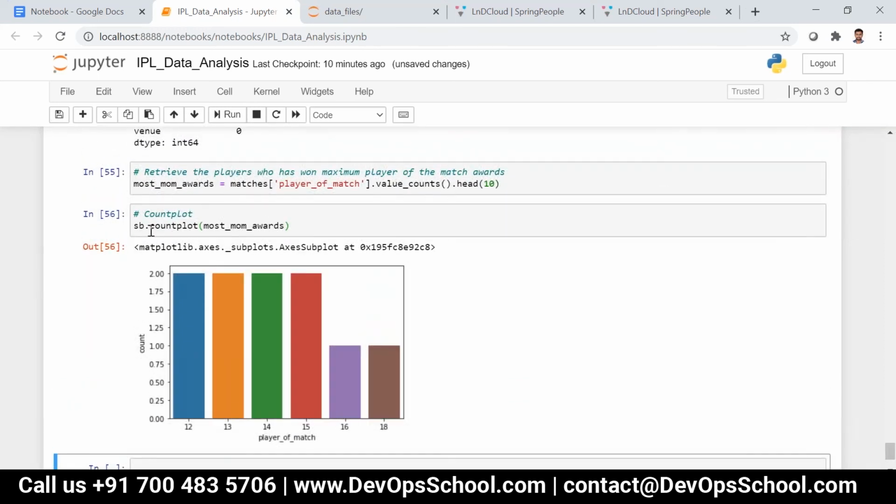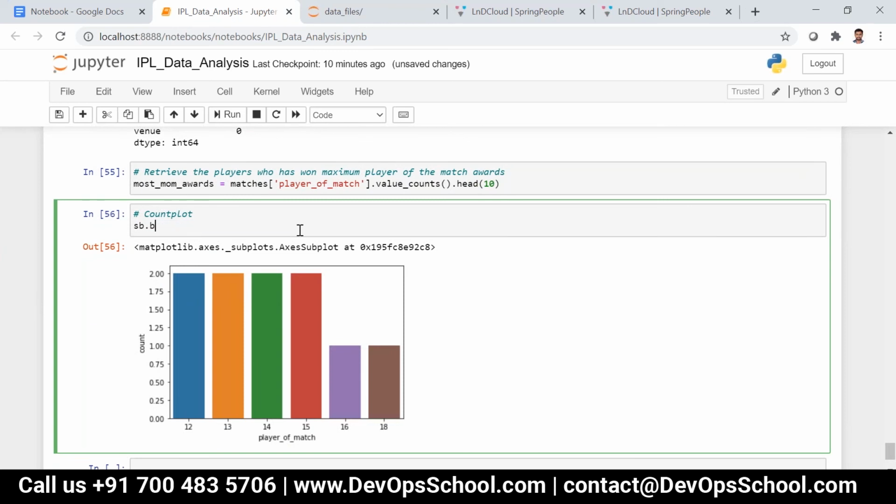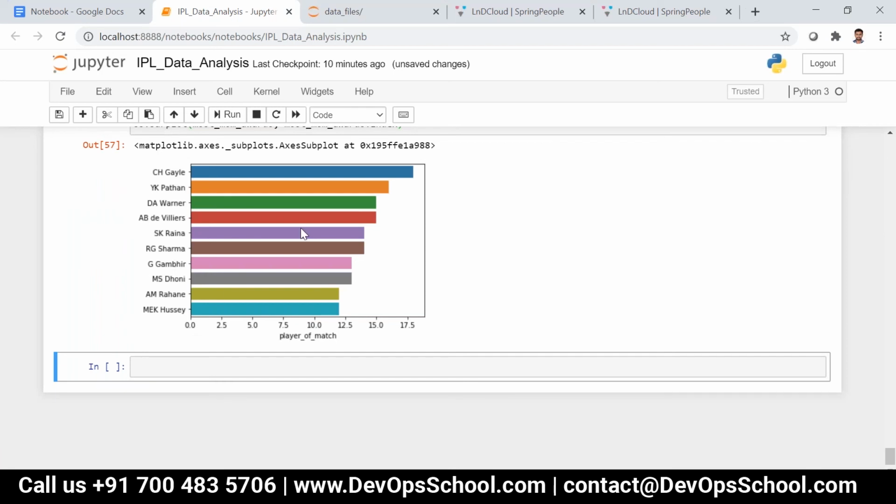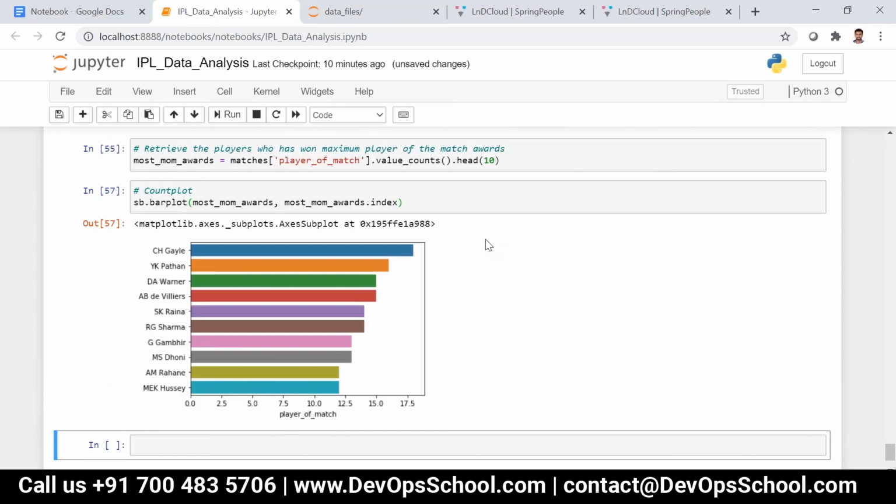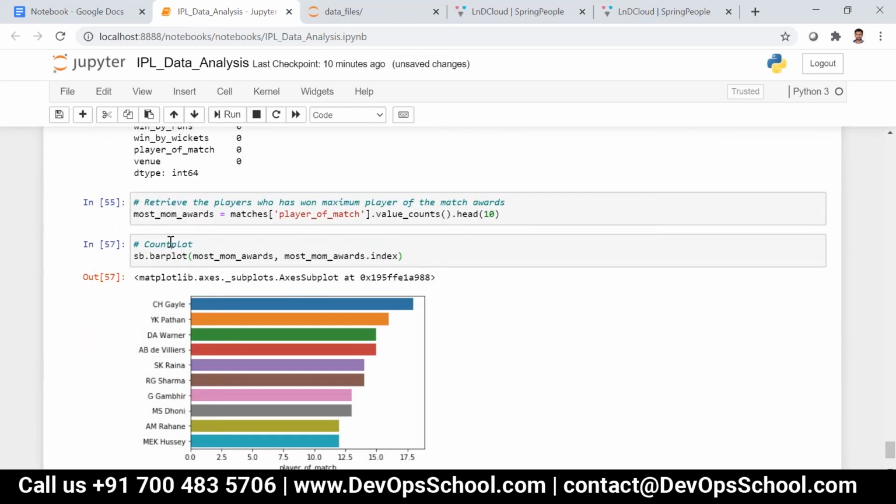Now if you want to draw a bar plot on this, I can just say most MOM awards, comma, most MOM awards.index. Now you can see here Chris Gayle, Pathan, like that. So like this you can do it.